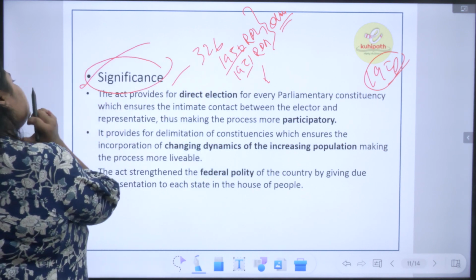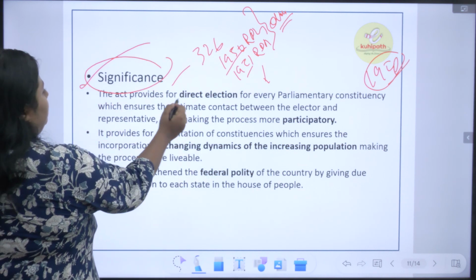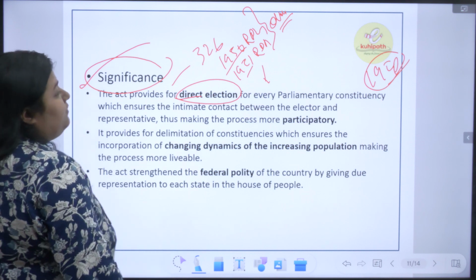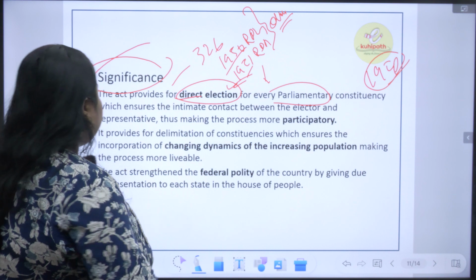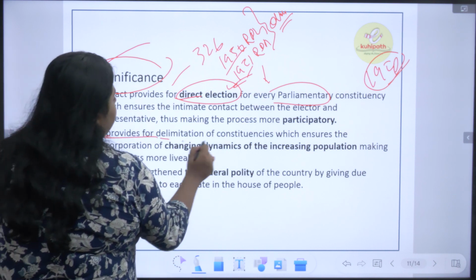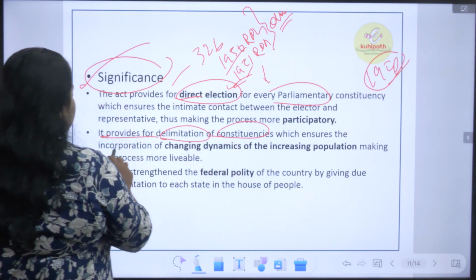Write the significance about it. We will go through it: the act provides for direct election for every parliamentary constituency. Fine, it ensures direct election. Okay, it provides for delimitation of constituencies which ensures the